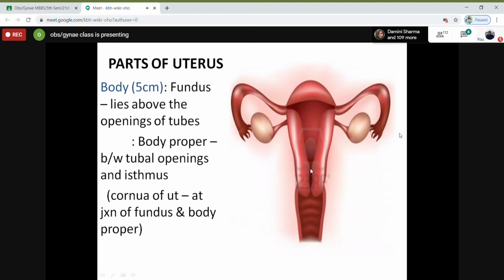So what is the lower uterine segment? That is the lower part of the uterine segment in pregnancy. So this will become as big as 5 to 7 centimeters in pregnancy. This is only 0.5 centimeters. This forms the lower uterine segment, and this is where we give the incision of cesarean section. So that is the isthmus, the importance of the isthmus.